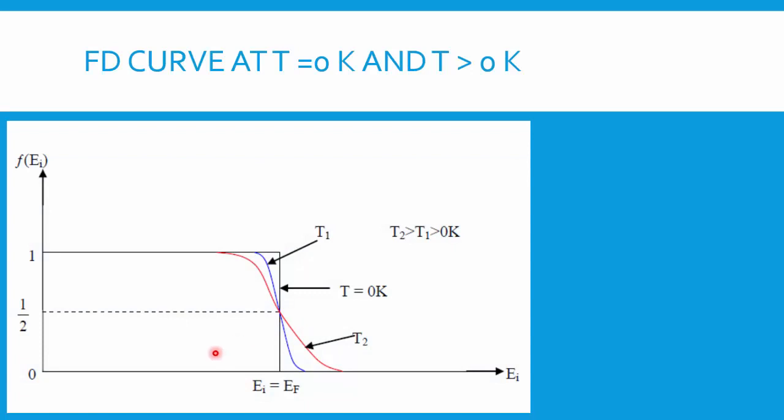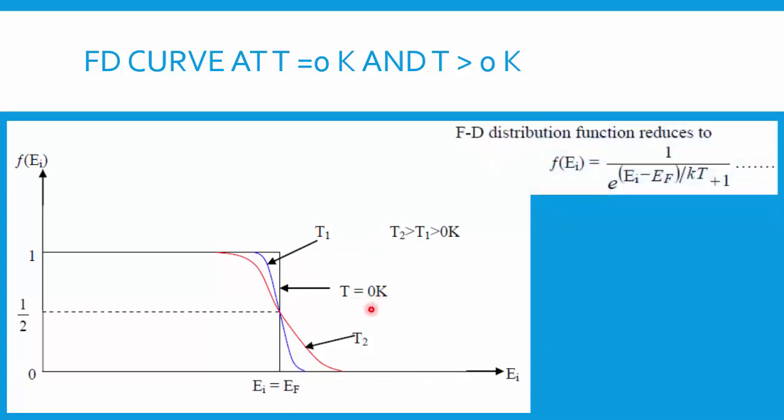If I combine these two plots, at temperature 0 Kelvin and temperature greater than 0 Kelvin, I get this kind of curve. Remember, the blue and the red curves are for temperature greater than 0 Kelvin, and this step graph of 1 and 0 is for temperature 0 Kelvin. So if I combine the previous two slides, I get this kind of slide. Now I'll explain this example, for which you already have an idea from your higher secondary syllabus, that you know about the semiconductor and insulator and their energy diagram.